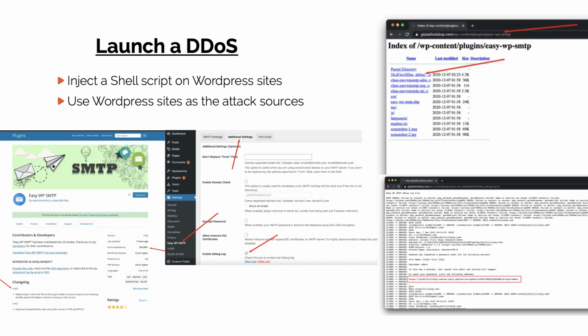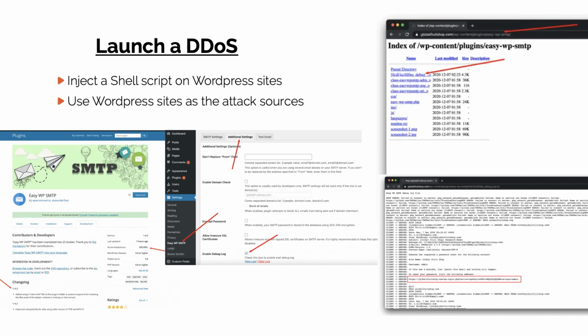Actually, the most common is that they use WordPress, where you can insert a shell script, and they can insert a plugin. Some WordPress plugins have defects or security vulnerabilities, and the hacker just inserts the shell script there.